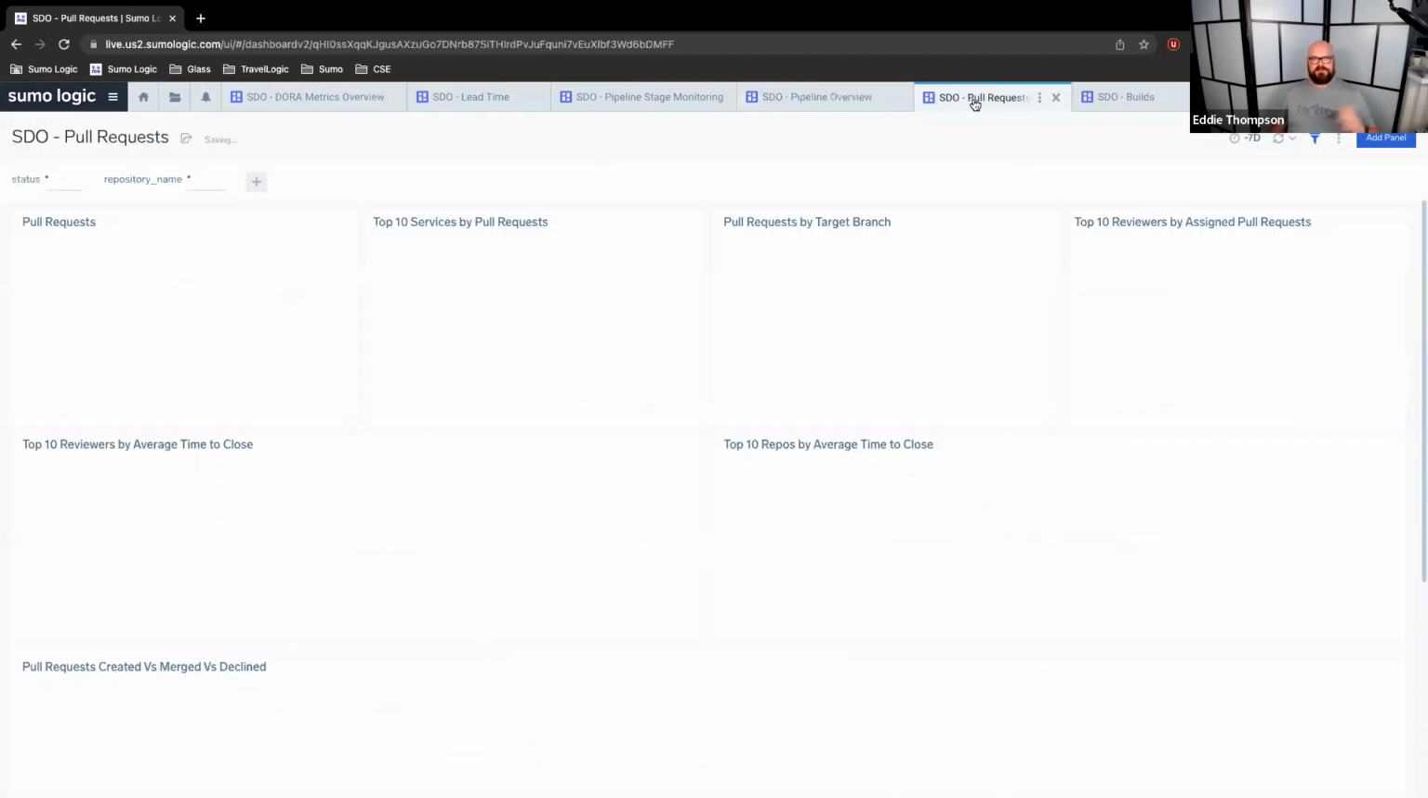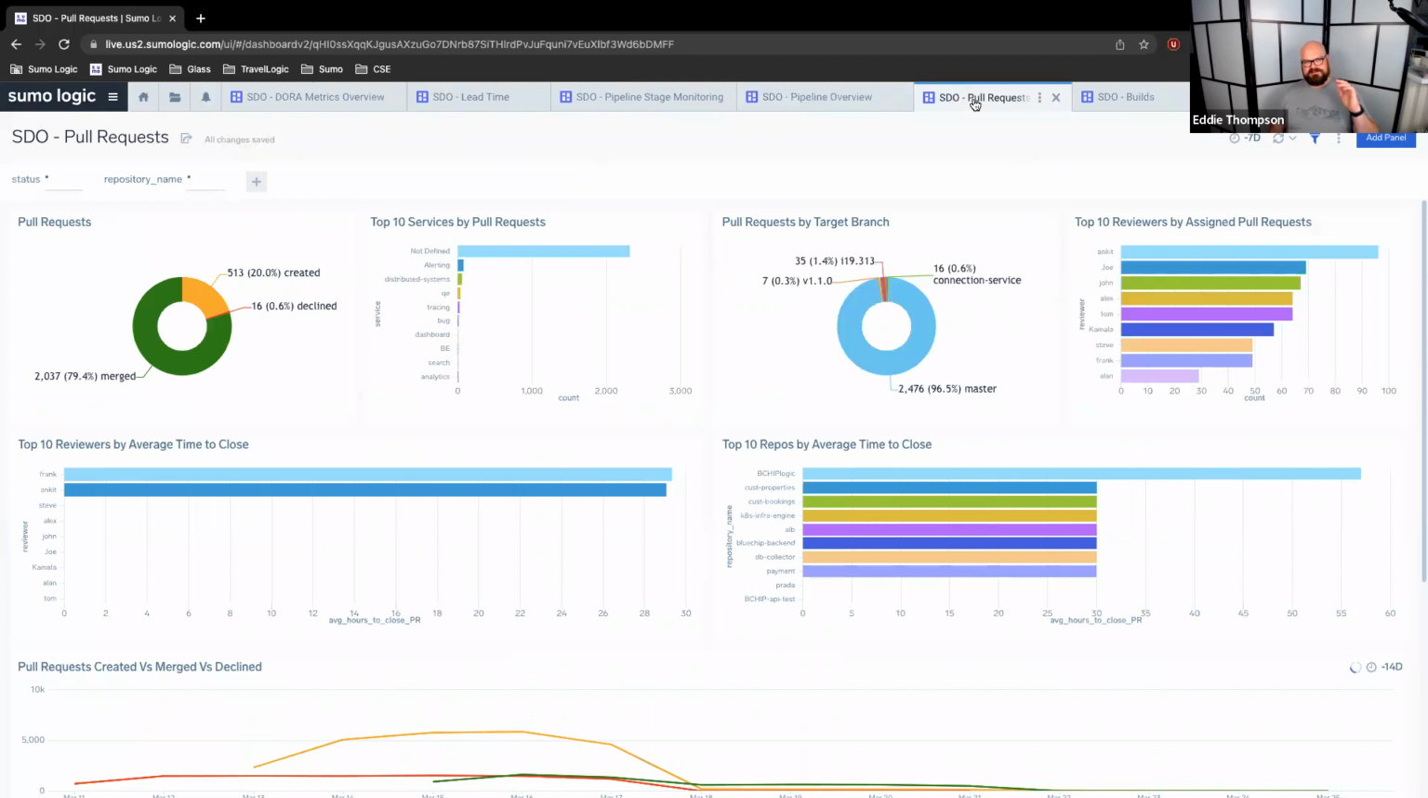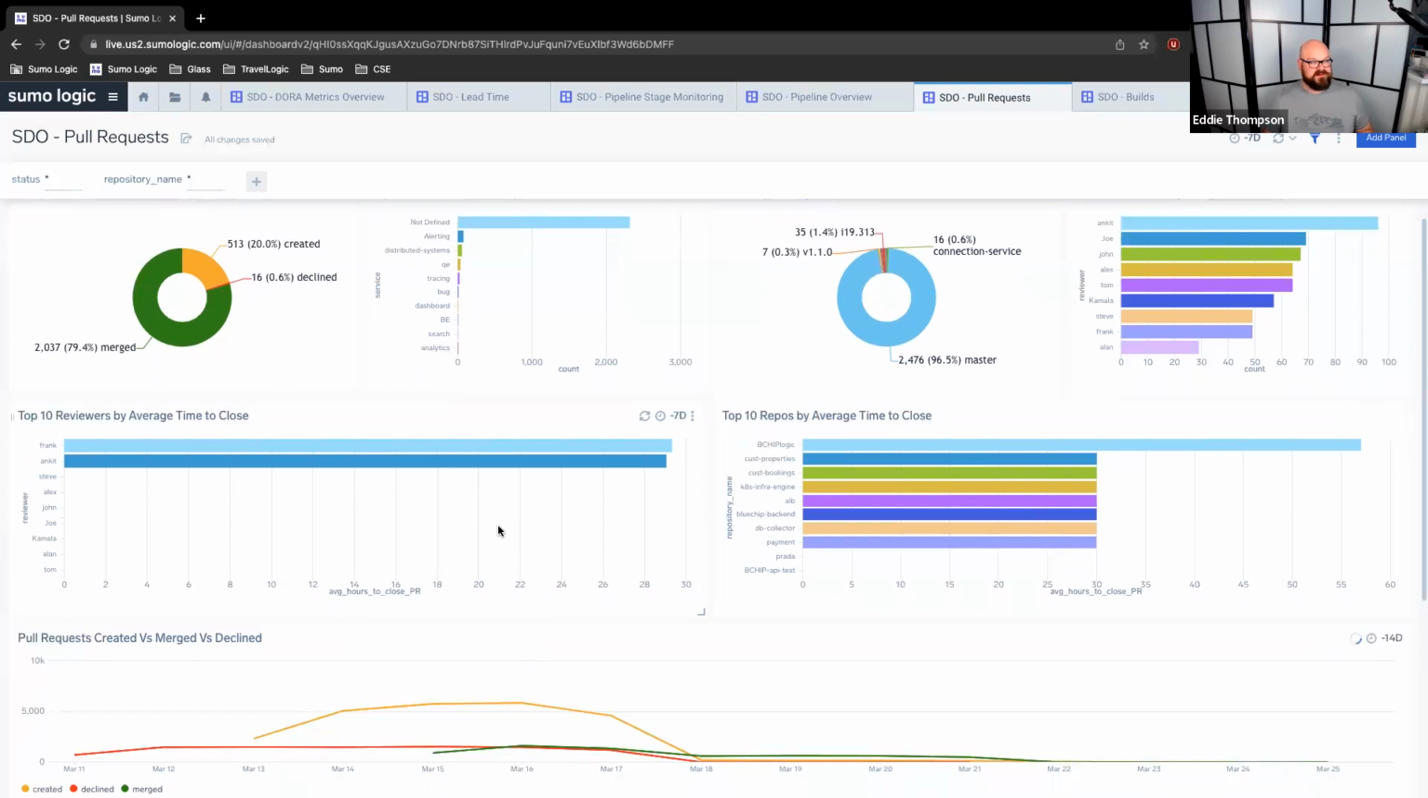So pull requests. This is so powerful in some of the insights that it can provide. So being able to see just the volume of PRs that have been created versus merged versus declined, which services have the most pull requests, which branches, which reviewers have been assigned the most pull requests, who are my top 10 reviewers by average time to close, what are my top repos by average time to close. And